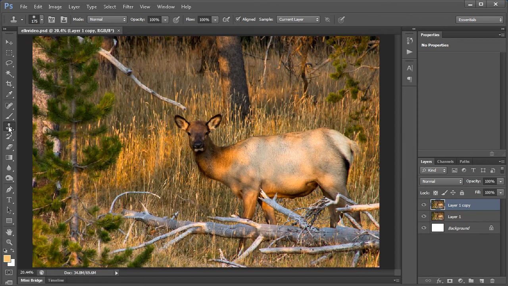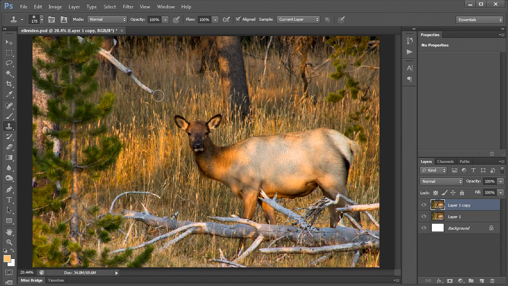What this does is, we select an area by holding the Alt key and clicking, and then it will select that area to clone in, and then you just click along the line here so that it'll clone that area in. So I'll select right here, and then I'm just going to click along the area here,